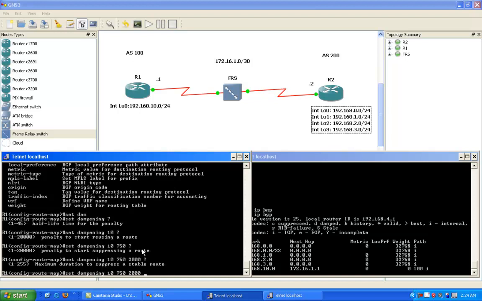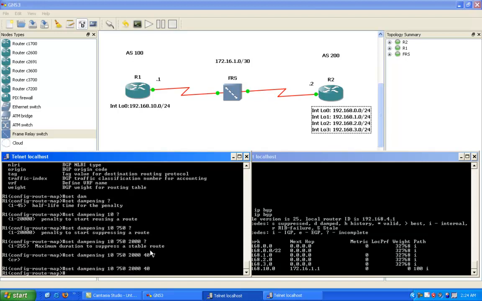And in this case we're going to leave it. We set the dampening to 10 minutes, so we're going to set the half-time for the maximum duration to suppress a route. We're going to set this to 40. So again, this is 4 times the half-time, or the half-life time. And so that's it. So now that we have created our route map,